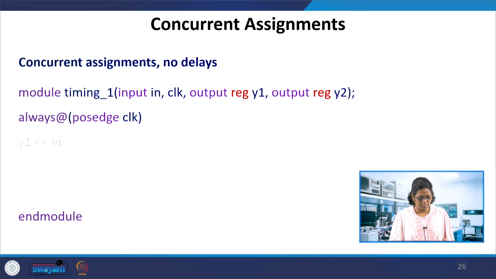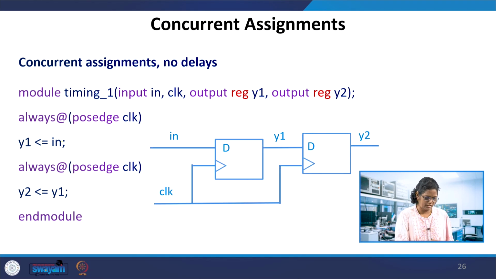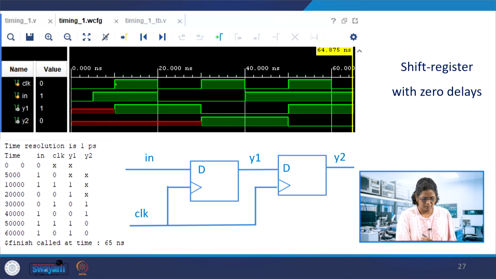Again, the concurrent statement with no delays, non-blocking. So non-blocking is clear here. Again the input is sampled and y1 is sampled at the clock. That y1 will be the old value. At the current step end, y1 will be getting the value; before that, this is getting sampled. So there won't be any issue in the concurrent assignment of non-blocking. So it's preferable to use the non-blocking assignment for concurrent assignments. The input and then y1 is getting that value. After that it is passed to y2. Let's see that here.